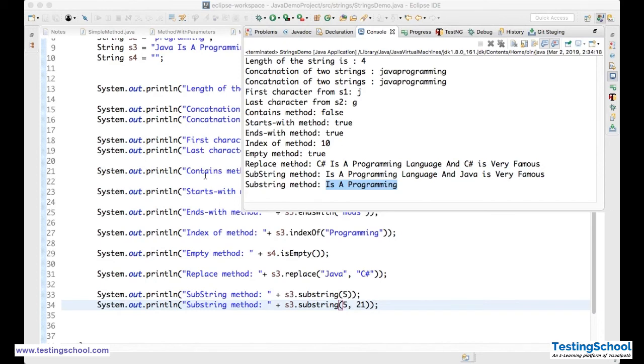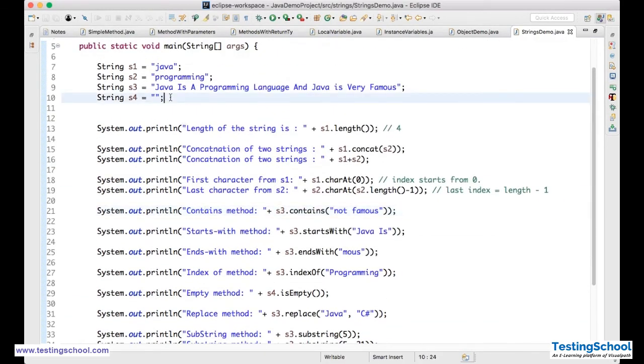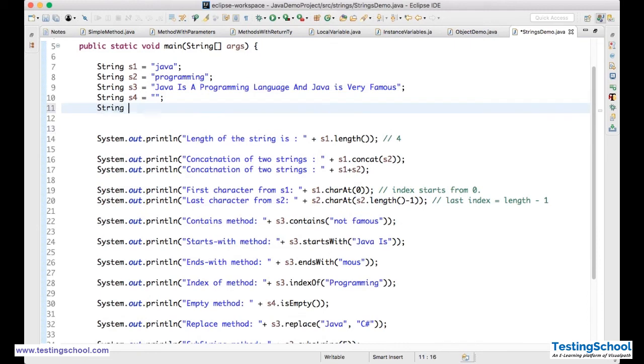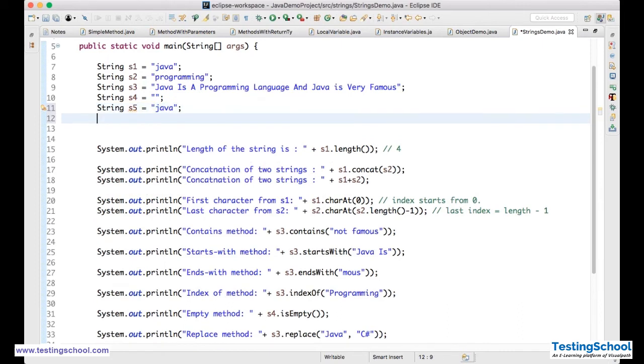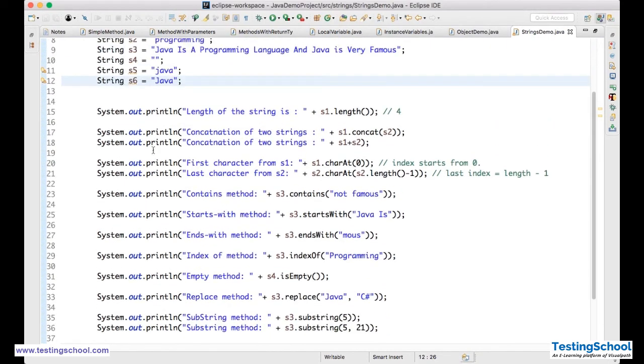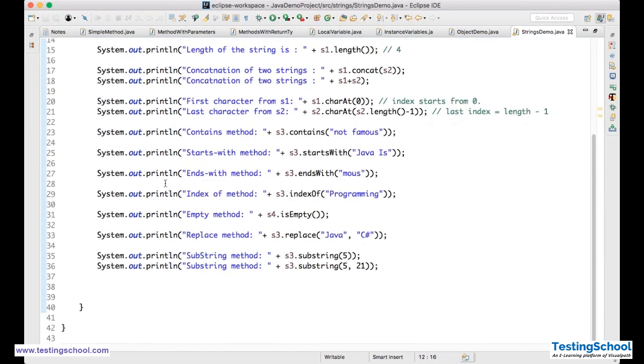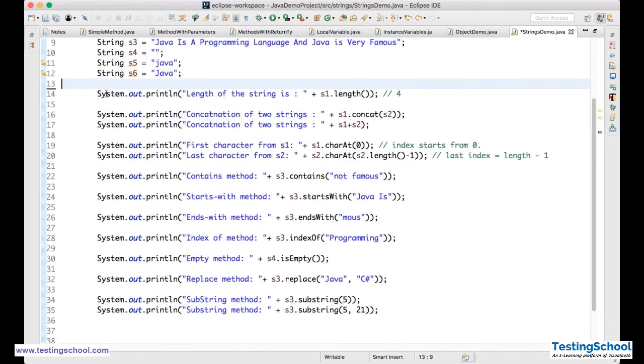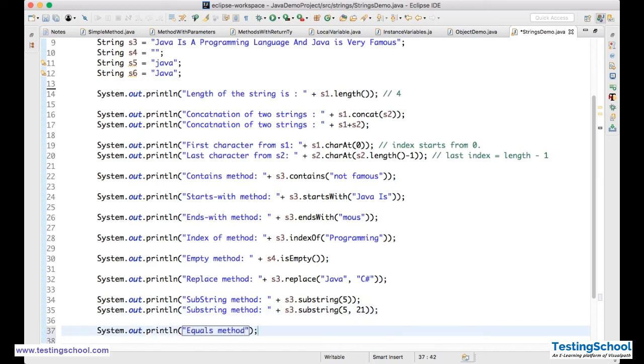Now I'll take two more strings. String S5 is equal to, again I'll take Java. String S6 is equal to, again Java. Okay. So S5 is Java, S6 is Java. So now what I'll do is the equals method, to check whether two strings are equal or not.